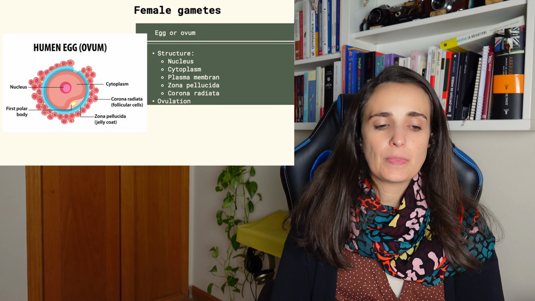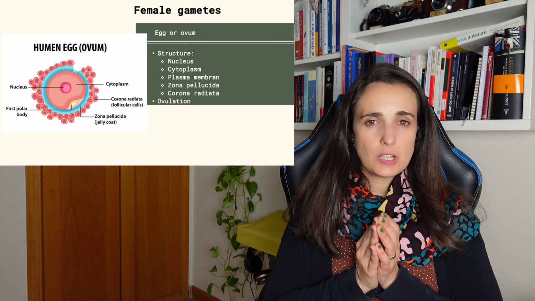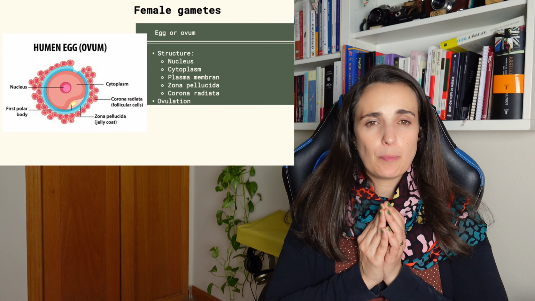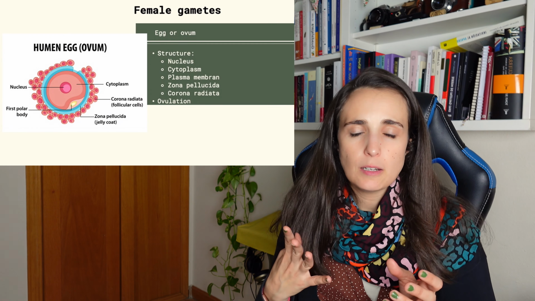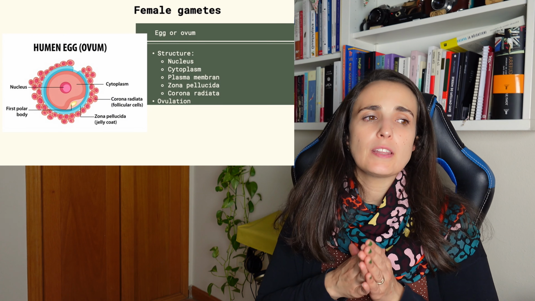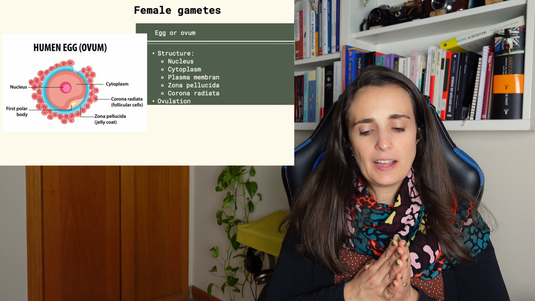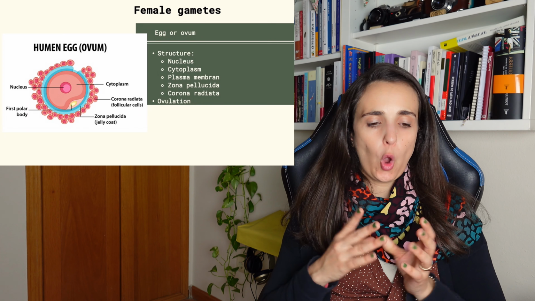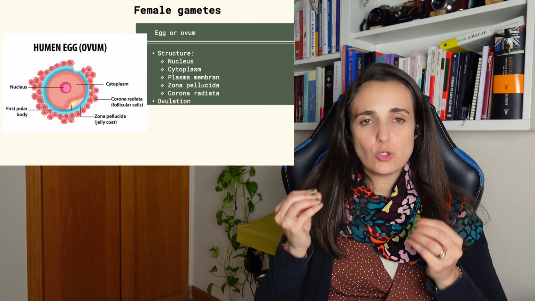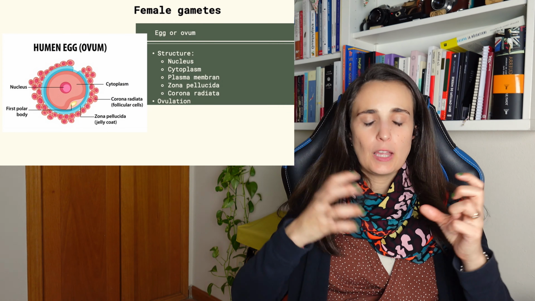And around this complex we have the plasma membrane, because this is a cell, and next to this we will have the first polar body, because when the ovules are dividing, usually from one cell you get two, but